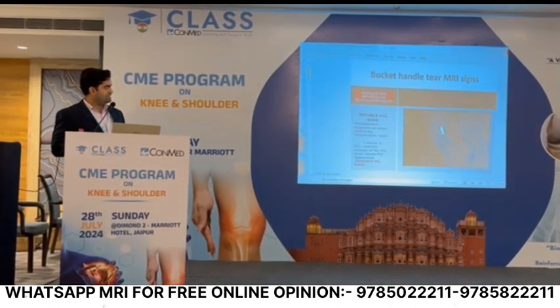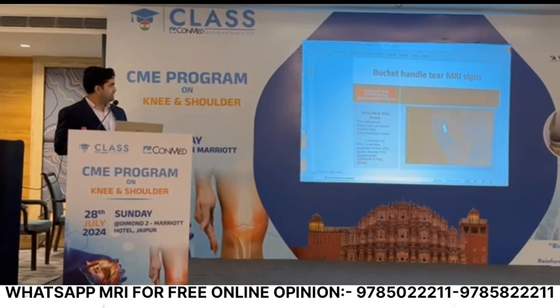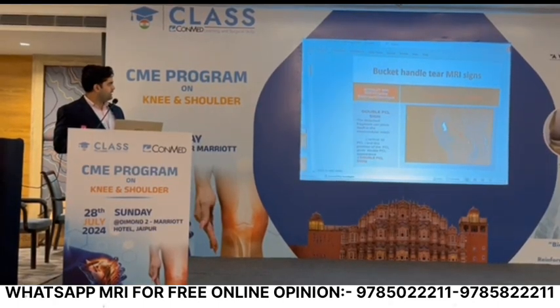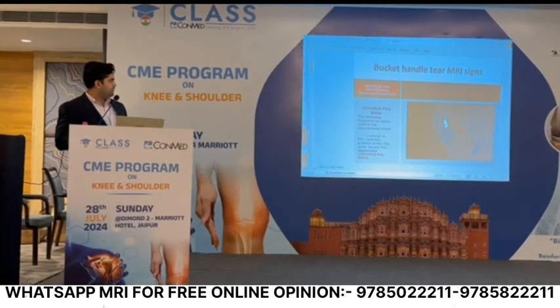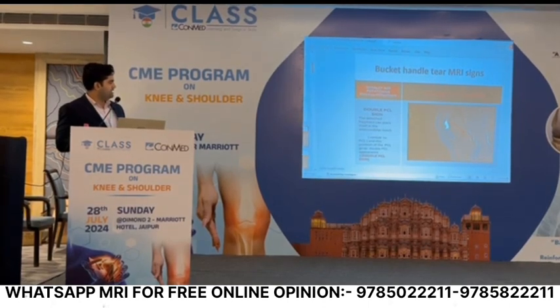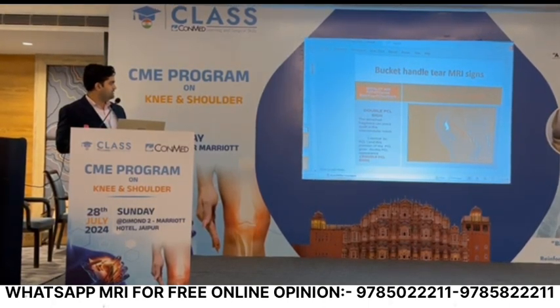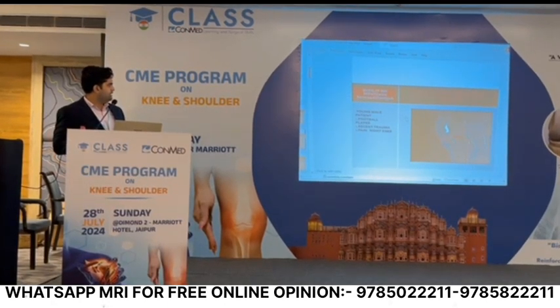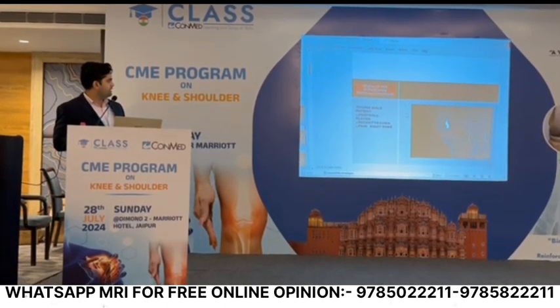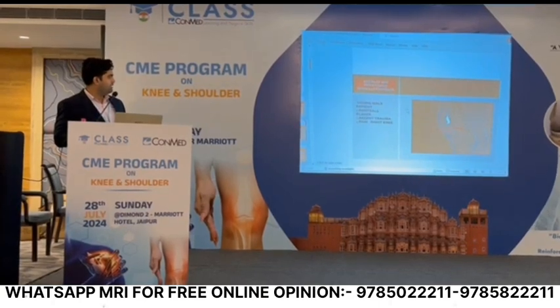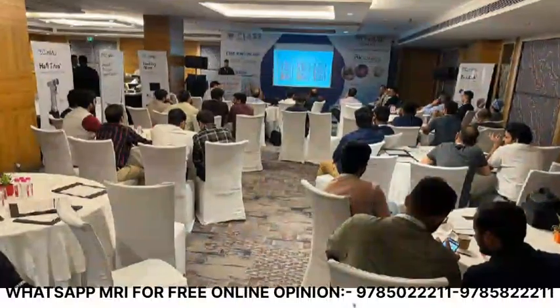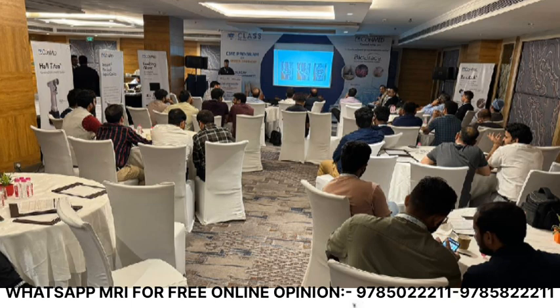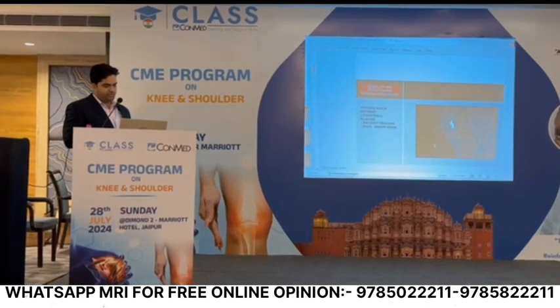There are a few MRI signs like the double delta sign and double PCL sign. The detached fragment can place itself in the intercondylar notch. It is ventral to the PCL in MRI, and this position gives the double PCL sign or double delta sign. Mostly these are young male patients. Here is a scenario: young male patient, football player, recent trauma, pain in the right knee. There is a double PCL sign, double delta sign. The meniscus is in the intercondylar notch. It is ventral to the PCL, and it gives the appearance of a double PCL sign.